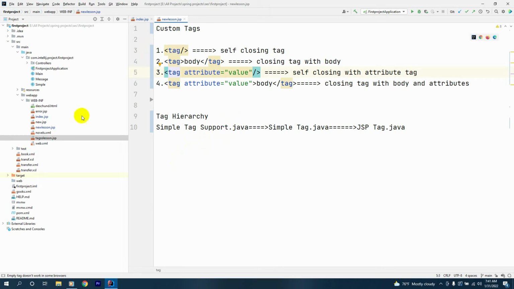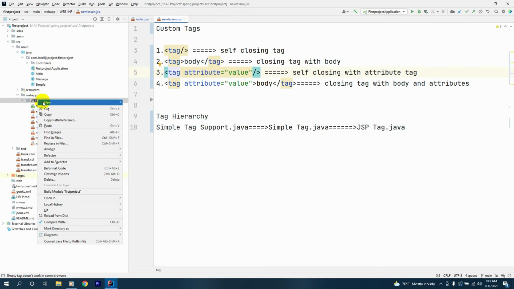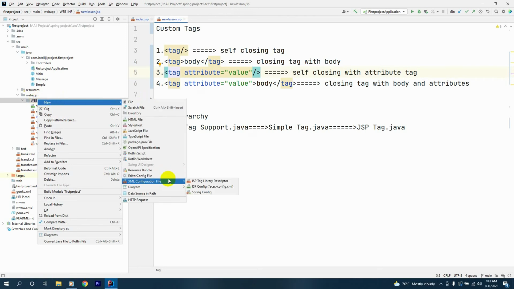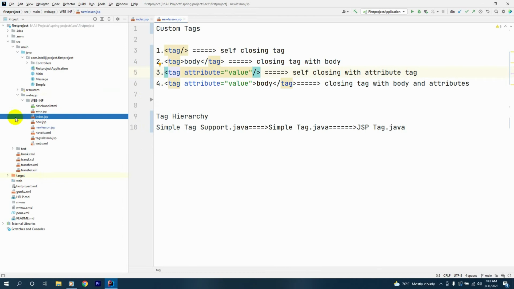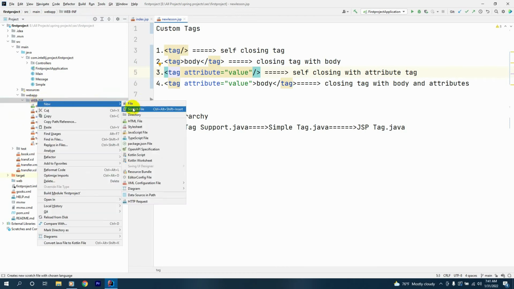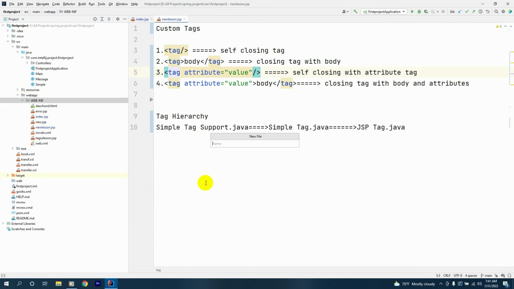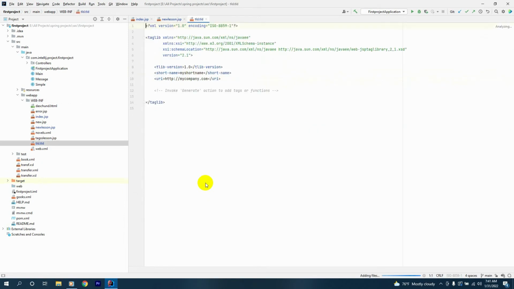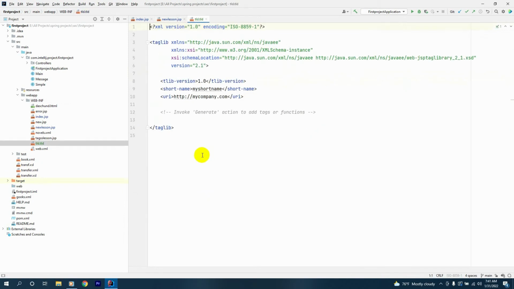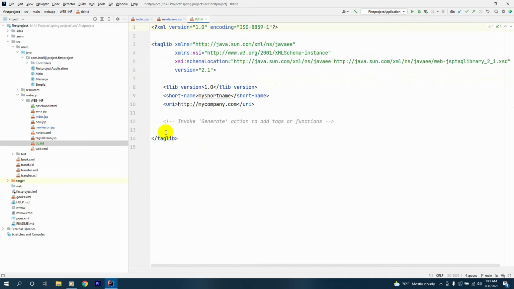Okay, now let's see an example for self-closing tag. First things first, to make a tag we need to have a tag library descriptor. So here in WEB-INF we say go to new and go to XML configuration file and select JSP tag library descriptor. Here we'll give this a name, we'll call this TLD. And voila, we have our tag library descriptor. Inside this we'll create a